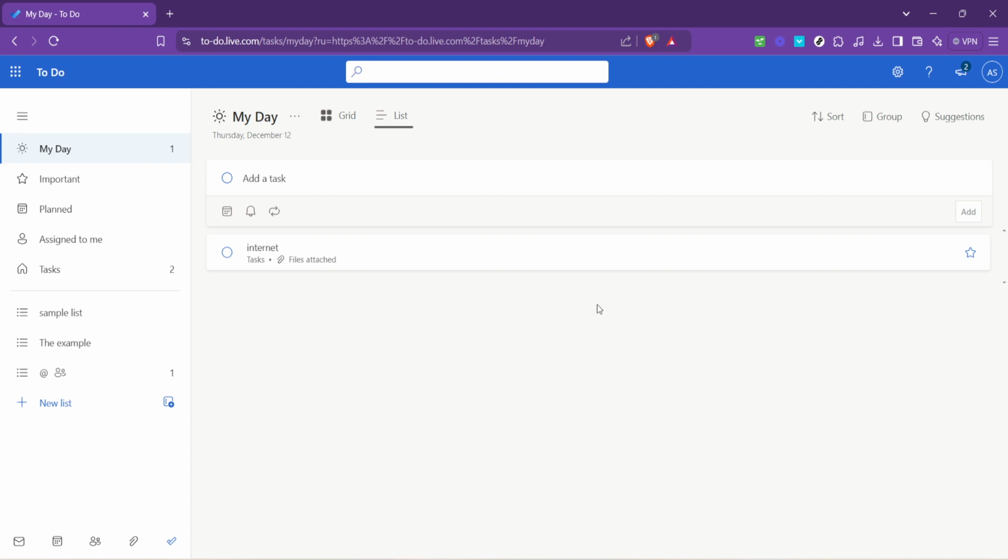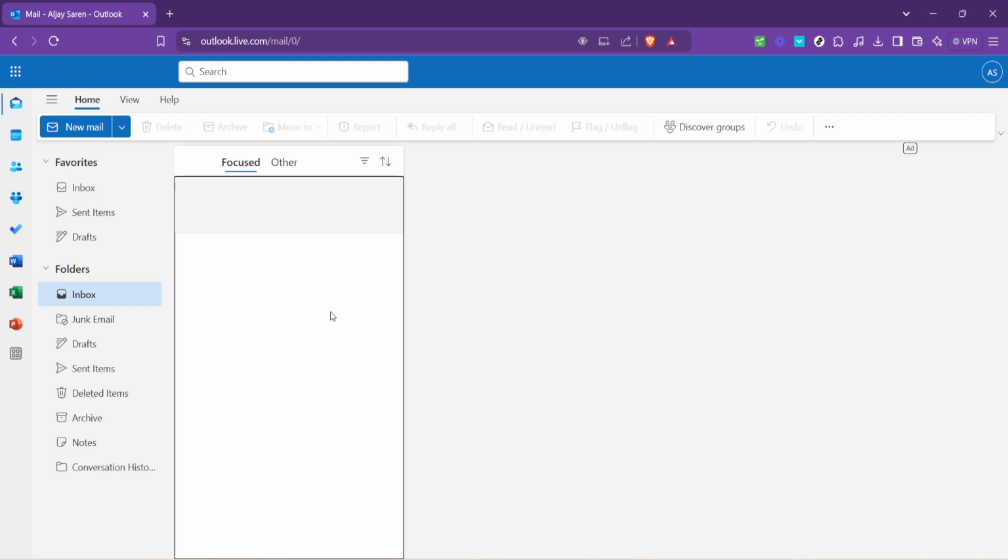Once you've successfully signed in, navigate to the internet version of To Do by visiting the direct link provided. This action brings you to a familiar environment if you've used To Do before, but with the added magic of integration capabilities looming on the horizon. Look for the mail icon that's promisingly waiting for your click. This icon isn't just a simple shortcut to your emails, it signifies the deep integration between Microsoft To Do and Outlook. By clicking on it, you're propelled into the Outlook interface.